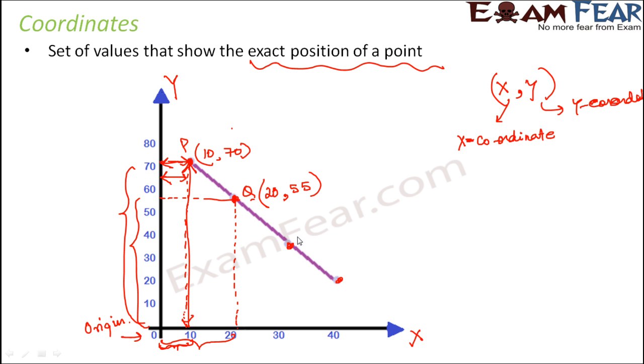Similarly, let's say this is point R. To find out the coordinates here, first of all, you join this point to the x-axis as well as the y-axis, and draw perpendiculars on both. Like here I am just drawing it with rough hand. When you draw it with a scale, it's more precise and accurate. So in this case, the measurement on the x-axis is 30. The measurement on the y-axis, or the y coordinate, again is 30. So this would be 30, 30. That would be the coordinate of point R.